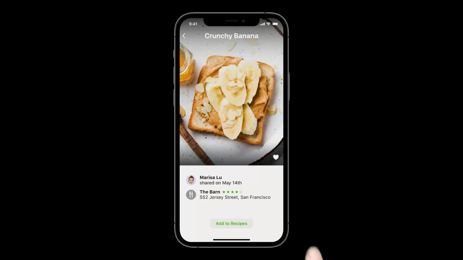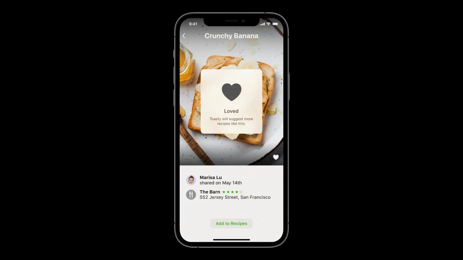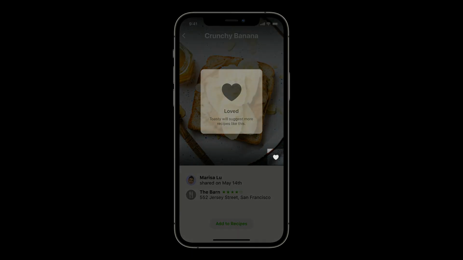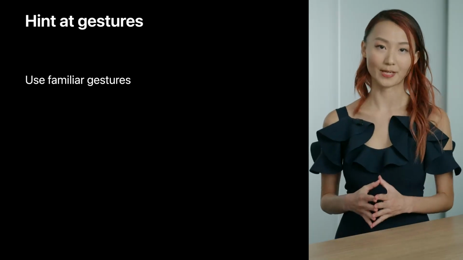People should be familiar with this standard gesture, but even some gestures that people are familiar with can be confusing. For example, people who heavily use social media apps might be familiar with double tap to like, but people who use a lot of photos and maps might expect double tap to zoom in. In designing Toasty, we show a clear like icon for tap to like, but also include the double tap gesture as a shortcut. This leads to the second point.